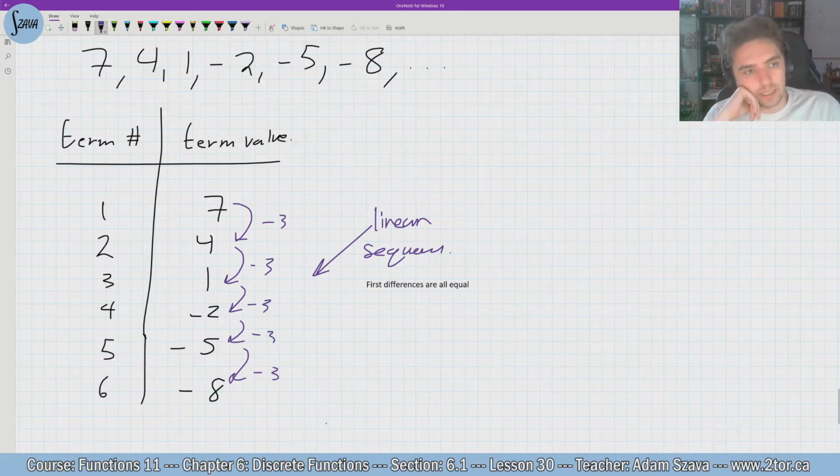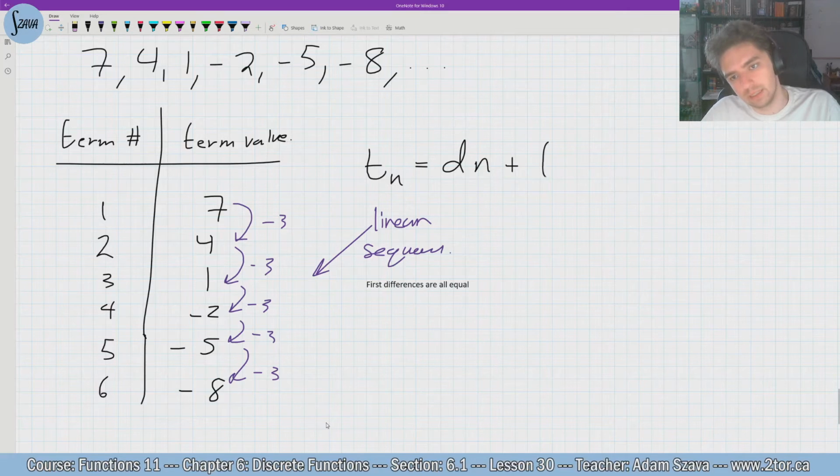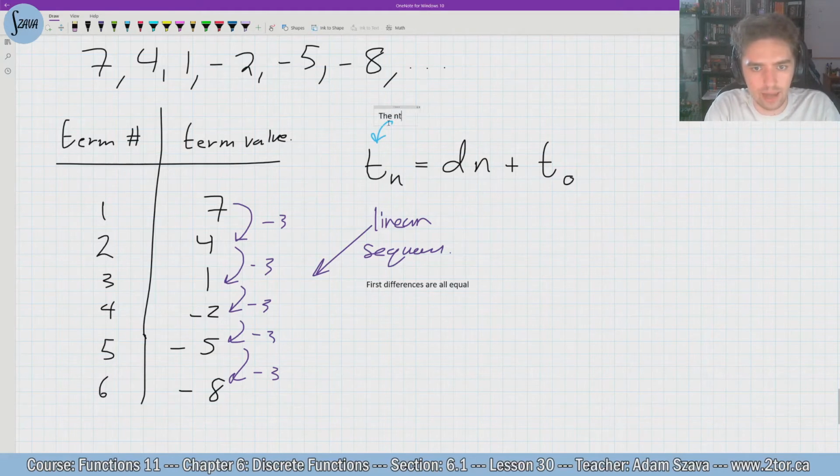Since it's a linear sequence, this is exactly how we do it. The nth term will always be exactly this: dn plus t0. Now let me specify everything that's written here. The nth term of a linear sequence,